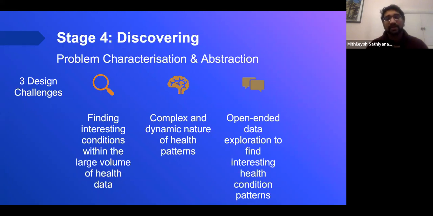And the second thing is that the complete healthcare patterns are quite complex and dynamic, and they keep evolving over a period of time. So that's the second challenge. The third challenge, as I mentioned earlier, is about exploring the data. If the healthcare professional wants to navigate within the data and identify some interesting conditions or patterns, then it's not going to be easy. You need to really observe the past, the present, and also analyze what could be in the future. So we need some kind of a super good visualization technique that can easily navigate through the whole process. That's another challenge that we observed and identified.